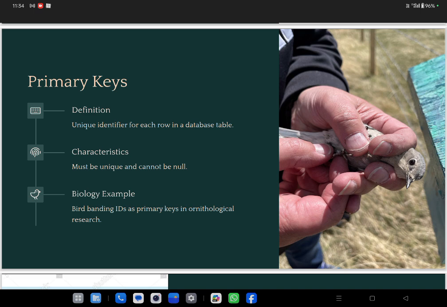Characteristic, it must be unique and cannot be null. Zero ফাঁকা রাখা যাবে না। Biology example, for example, bird banding IDs as primary key in ornithological research. একটা কিছু নাম দিয়ে রাখতে হবে।